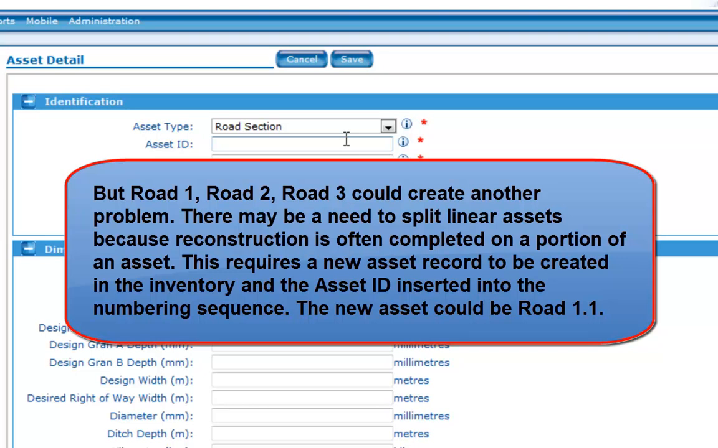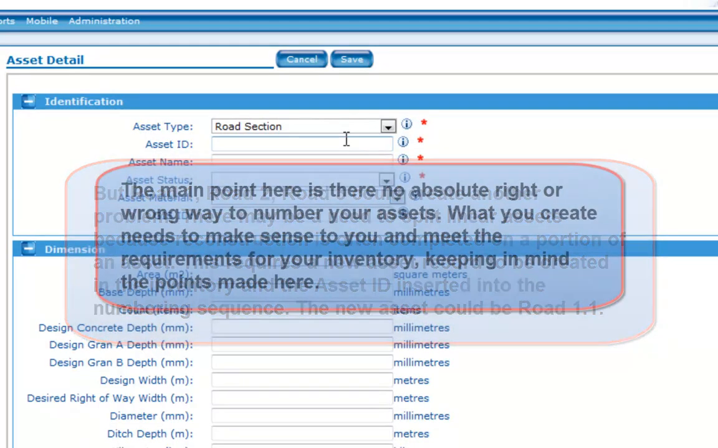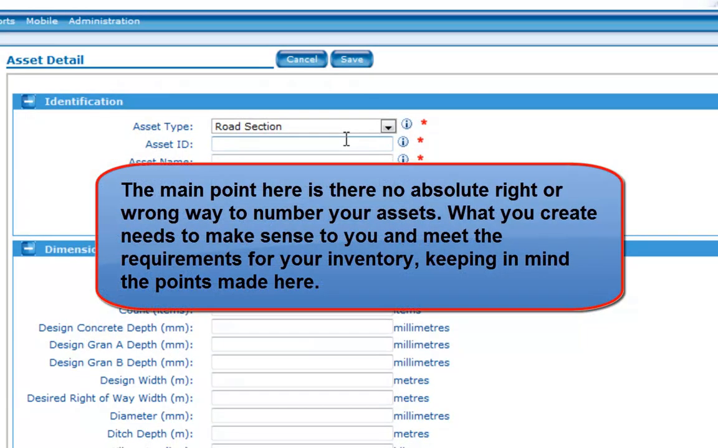another problem. There may be a need to split linear assets because reconstruction is often completed on a portion of an asset. This requires a new asset record to be created in the inventory and the asset ID inserted into the numbering sequence. The new asset could be road 1.1. The main point here is there is no absolute right or wrong way to number your assets. What you create needs to make sense to you and meet the requirements for your inventory, keeping in mind the